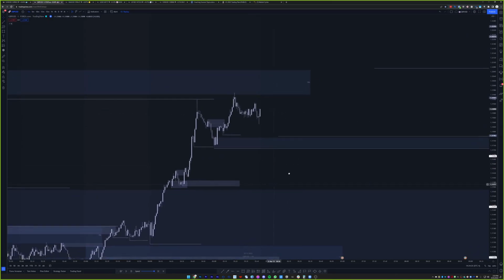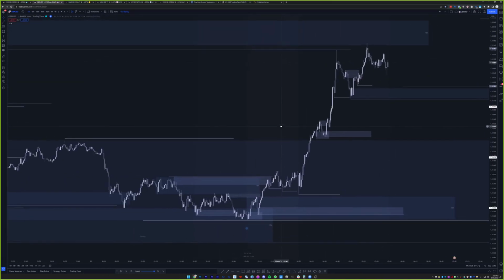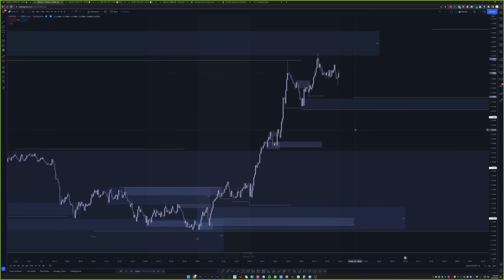Listen, when you're starting out, maybe you do think that's a valid trade. For me, there's nothing that I would take. This is where you guys have to build real patience. I'm not saying that I don't think any of you guys have patience, but when you're starting out, even me, I would take trades like this thinking, oh fuck, I missed this, what am I doing? But that's not the right way to approach it.